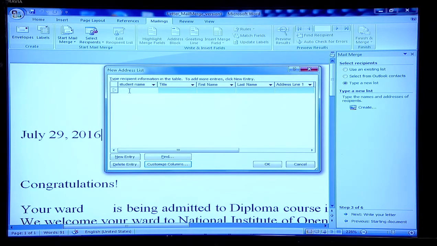So now I can just click on this, and using the tab button I can move on to different fields. I can use the mouse or the tab button. So what I can do is, let's say I want to enter a name. So let's say I enter Veer and maybe Mr. Dhruv Avasthi,